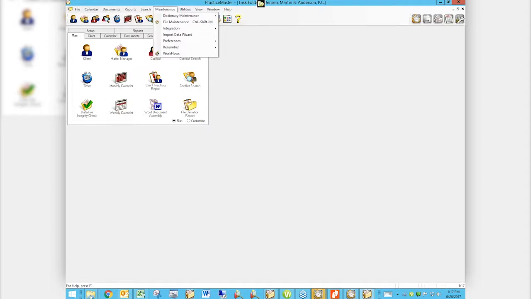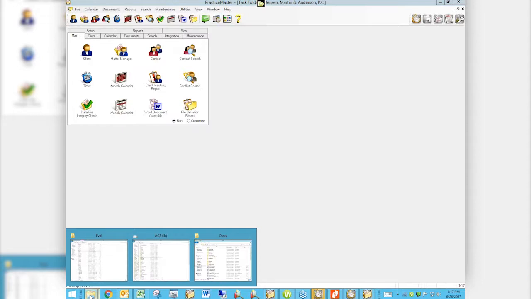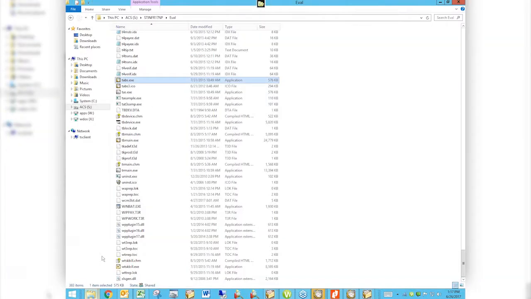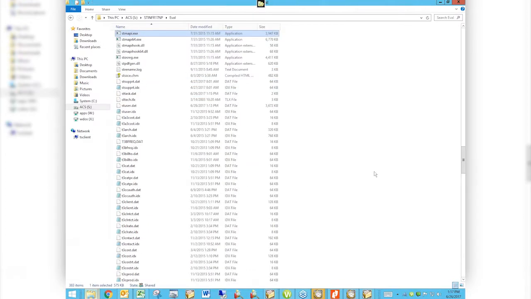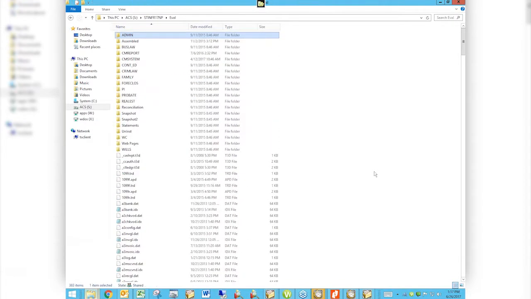Now, where do these go? I'm just going to show you real quick that a backup that is just in the regular software is going to go into a folder called backup. And I've not even done one in this version, so it's not even here. So if you have regular old Tabs, Practice Master, APGL Trust, whatever, multi-user, single user, not Platinum, it's going to go,